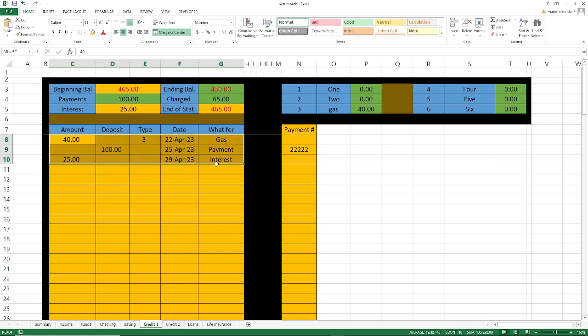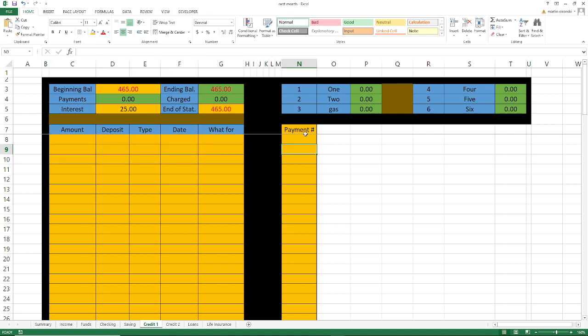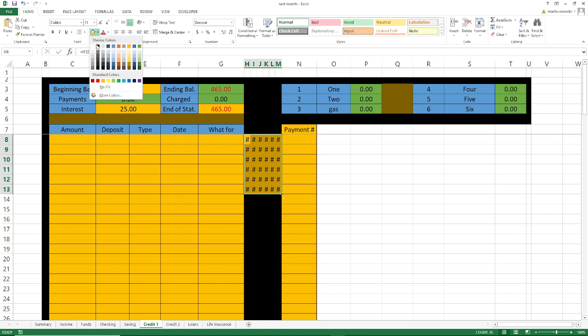Now, what you don't want to do is go all the way like that, because the black area is the codes to do all this. So you got to delete just this area right here, and then come over here and delete that area. You do not want to delete anything in the back, in the black, because let me show you something. If you take this and change it to a different color, that's all programming. So you don't want to change any of it. You don't want to hit any deletes in here.